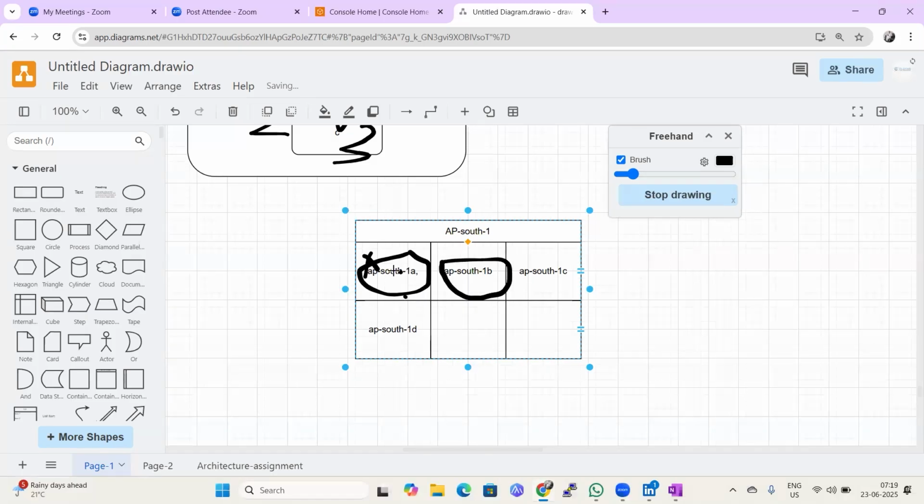That means if one data center, 1A, is not working, definitely there will be an alternative data center, that is called 1B. Suppose these two data centers are not working, so what will happen? Definitely there is an option: you have to make another data center available for storing your data for your application. This is why we need to select